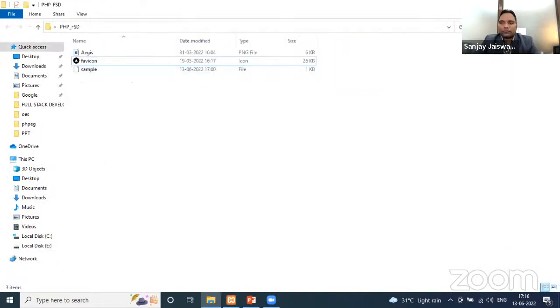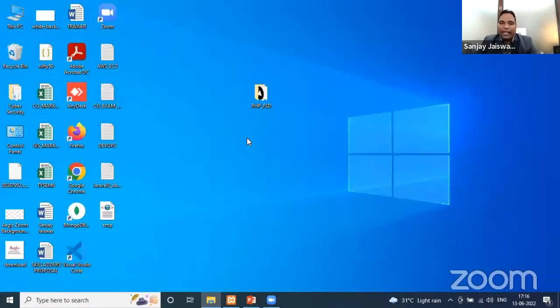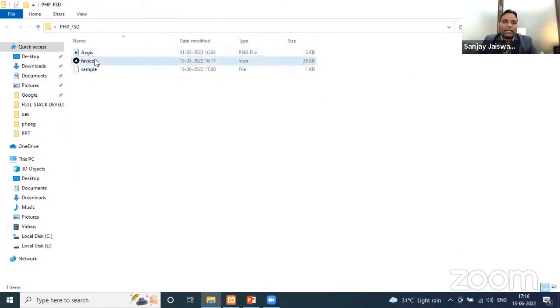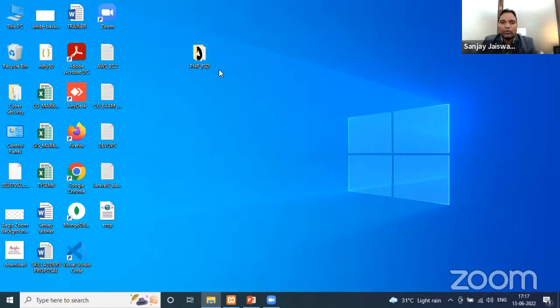Here on the desktop, I have created one simple folder called PHP_FSD. This is a folder in which I am going to save every code. In this particular folder, I have kept only one image, that is a favicon, which I am going to use. And there is one simple sample text which we have. So you don't have to bother about it right now. Now, one more